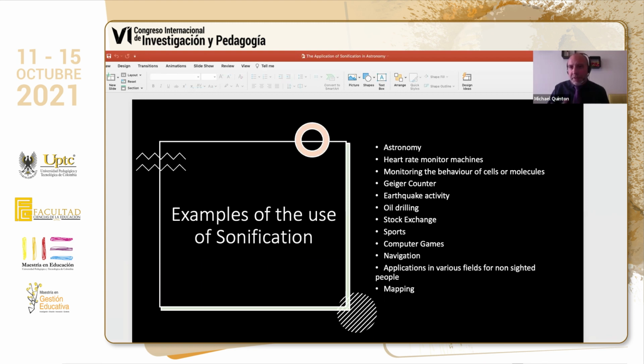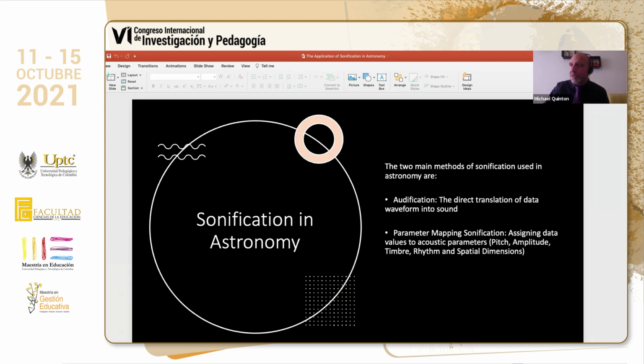So there are a lot of applications for it, but then one has to understand how the data can be translated into sound. Okay, so there are different techniques of how to use sonification. Now in astronomy, there are two main examples of sonification that are used. So these are the two main ones. One of them is called audification, and the other is called parameter mapping sonification. So if we look at audification